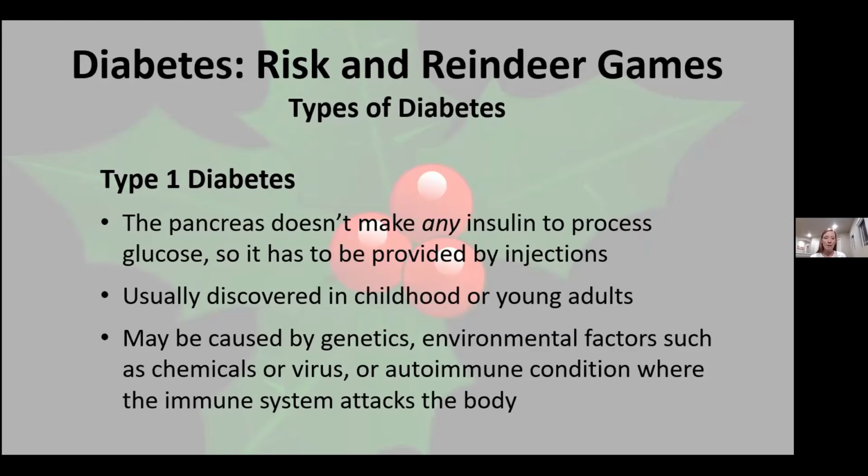Type 1 diabetes is when the pancreas does not make any insulin to process the glucose, so that has to be provided by injections. Type 1 diabetes is usually discovered in childhood or young adults. It could be caused by genetics, environmental factors, like chemicals or viruses, or maybe an autoimmune condition where the immune